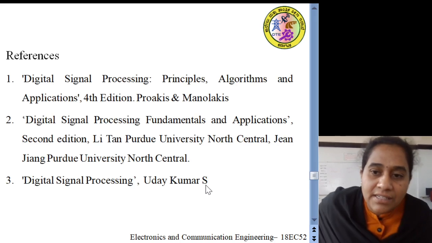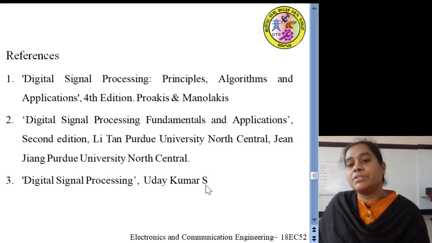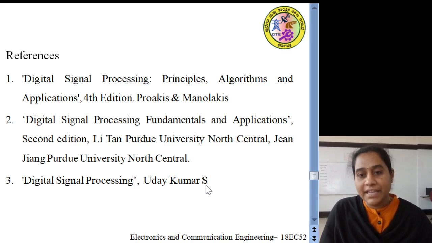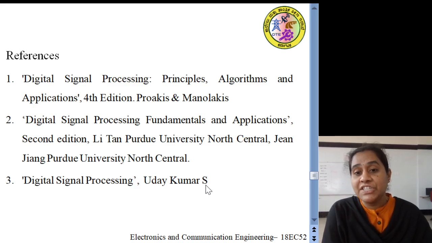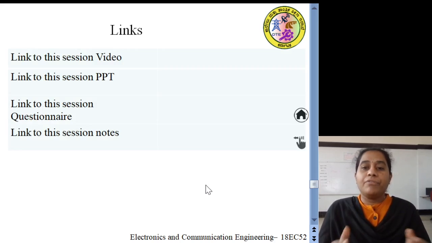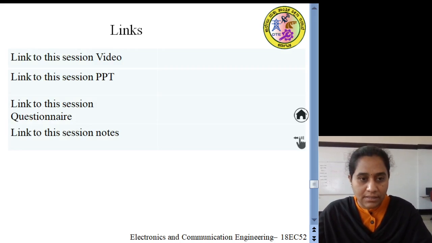For references, you can consider the book by Proakis and Manolakis, Digital Signal Processing: Principles, Algorithms and Applications. Second, you can refer to the book by Li Tan and Jean Jiang, Digital Signal Processing: Fundamentals and Applications. And you can also refer to the book by Mr. Uday Kumar S, Digital Signal Processing. And for this session,